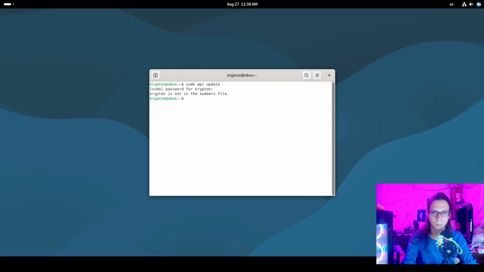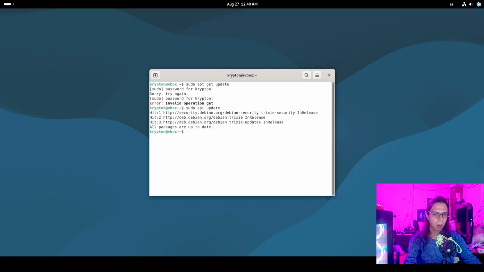I'm still not in the sudoers file. Okay, so there we are. I just solved it by restarting the virtual machine. If you have this issue, just define your username